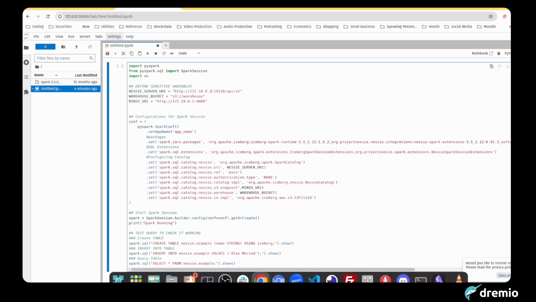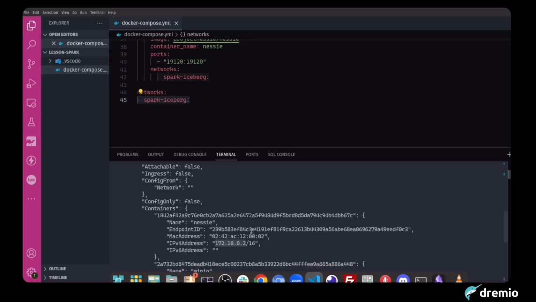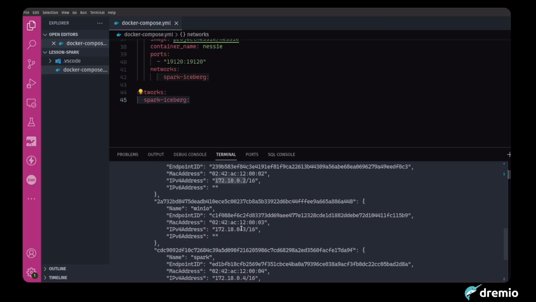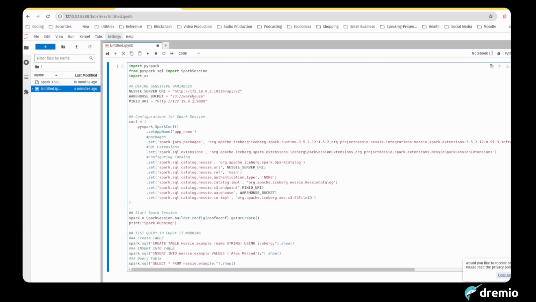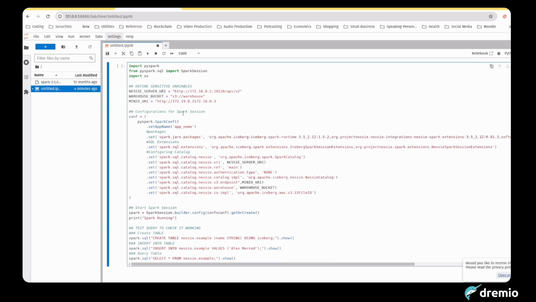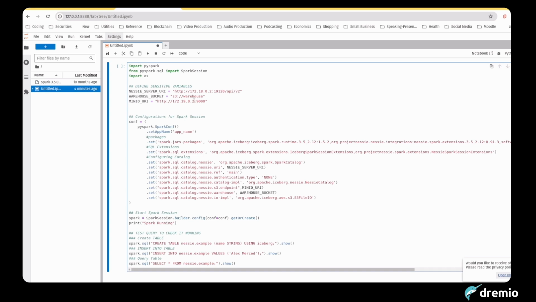Okay, and now I need to double check what the IP address is for the other one. So for Minio, it's this. Because they're all on the same network, they can all see each other. Just got to make sure you're pointing them to the right IP address on that network. Okay, I just want to paste it over that specifically. There we go. So now these should be pointing to the right IP addresses. That means when I say, hey, talk to the Nessie server, it should be pointing to the right